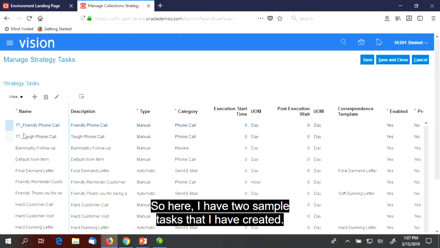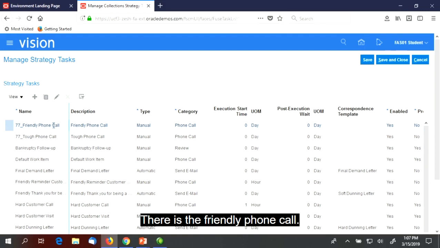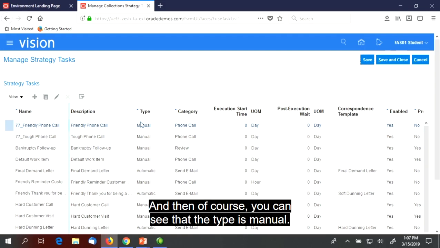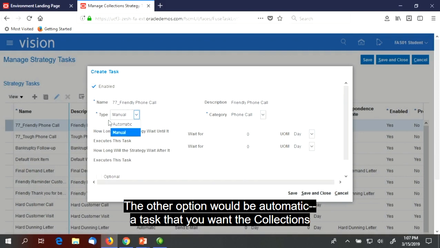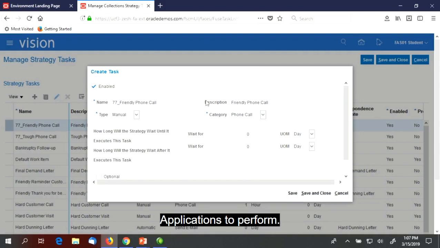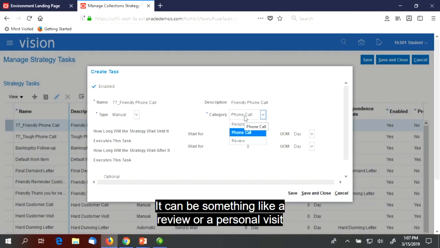So here I have two sample tasks that I have created. There's the friendly phone call, and then of course you can see that the type is manual. So I'm going to go ahead and edit so we can see. The other option would be automatic, a task that you want the collections application to perform. It is a phone call, can be something like a review or a personal visit that you want the collector